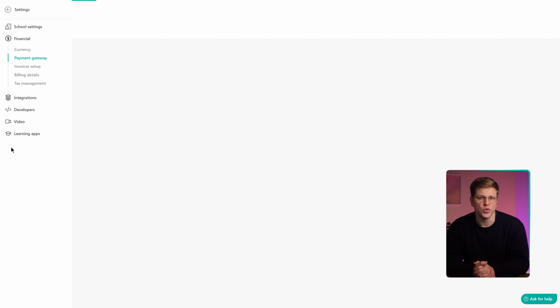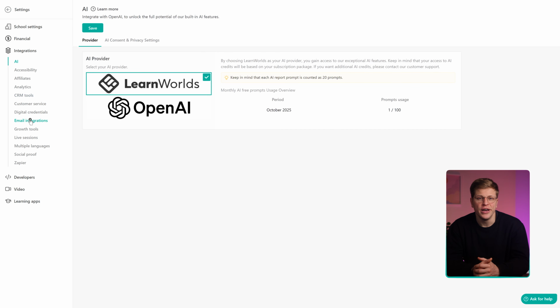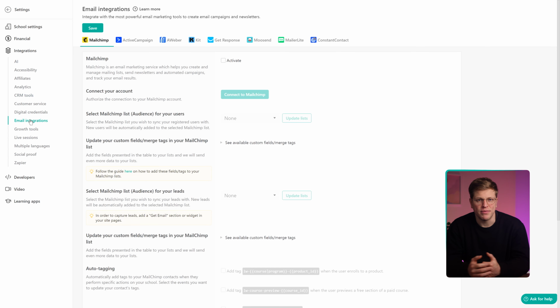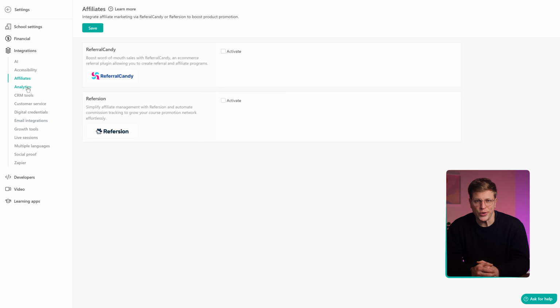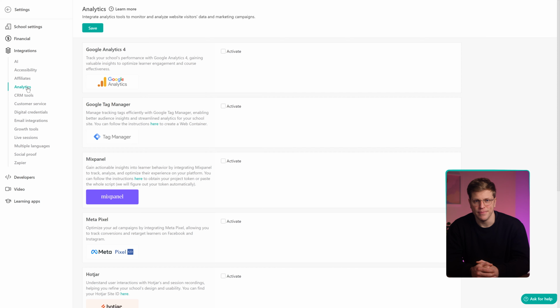Integrations. Finally, let's power up your school with integrations. LearnWorlds connects with tools like MailChimp or ConvertKit for email marketing, affiliate software if you want partners promoting your courses, and analytics tools like Google Analytics or Facebook Pixel. With these integrations, you don't have to juggle different platforms. Everything works together